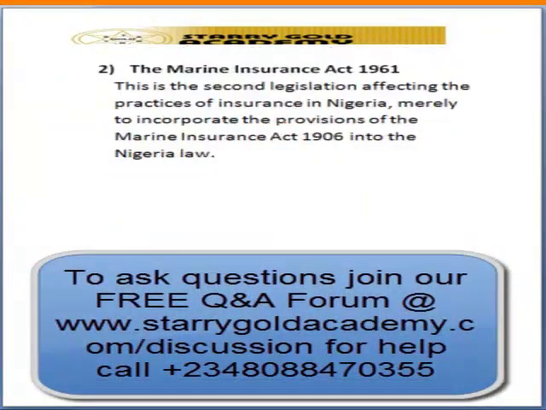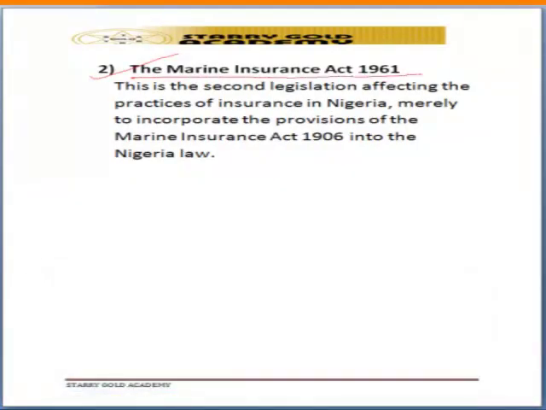vehicle. The second one is called the Marine Insurance Act of 1961. This is the second legislation affecting the price of insurance. This merely incorporates the provision of the Marine Insurance Act of 1906 into the Nigerian law. The Marine Insurance Act of 1906 simply says